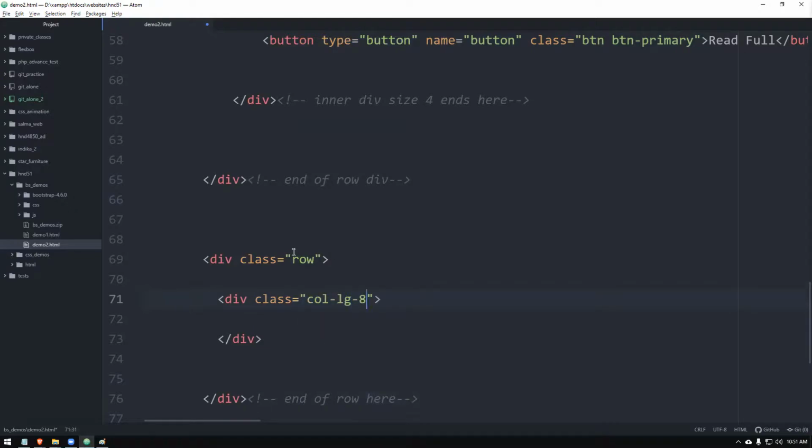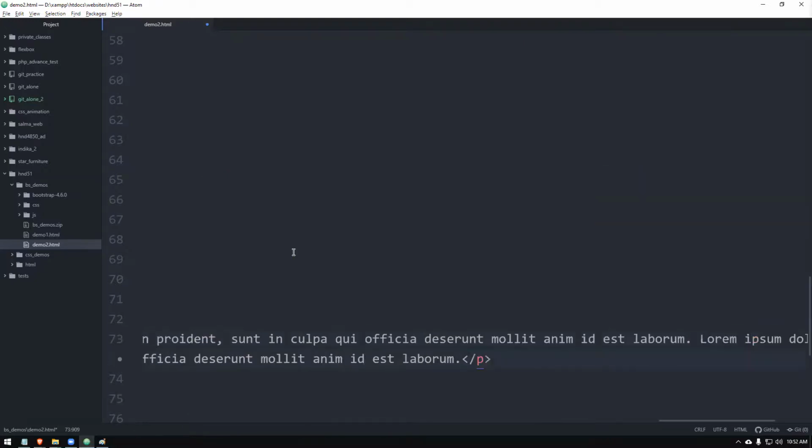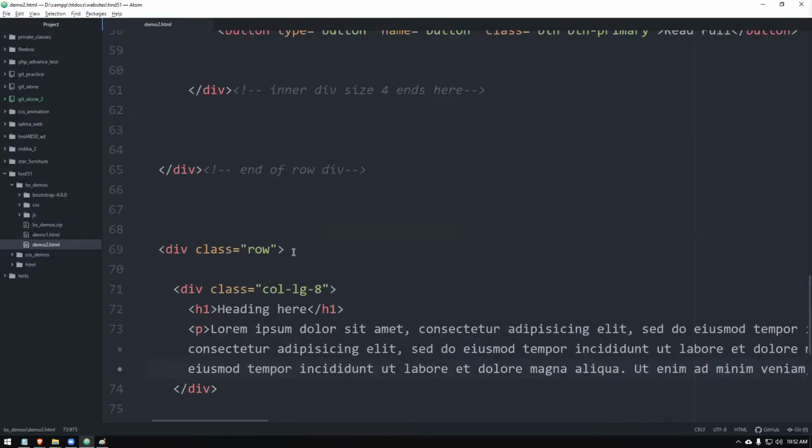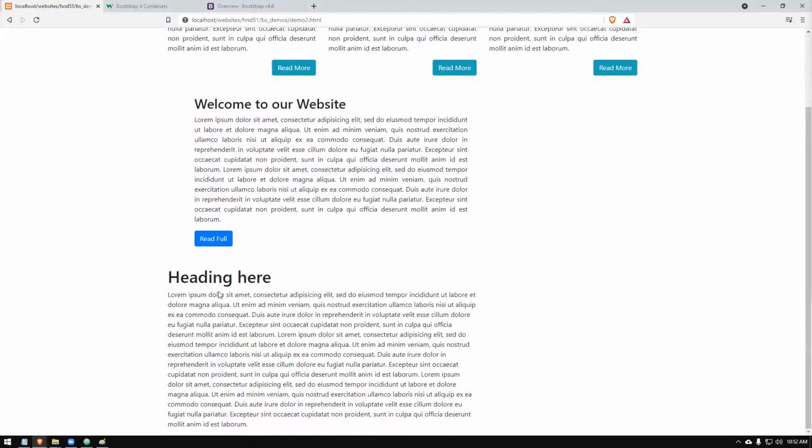Let's give around 8, no problem. H1. Right, let's give like that. Let's reload this page and see. Now down here it will come. Okay, there's a page coming here.